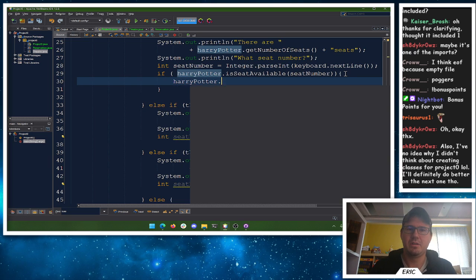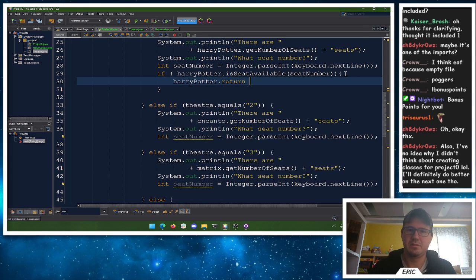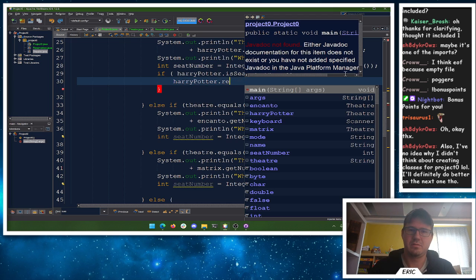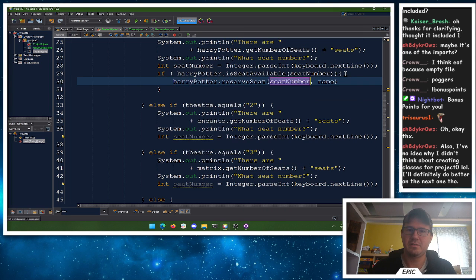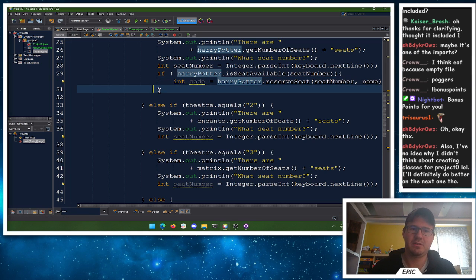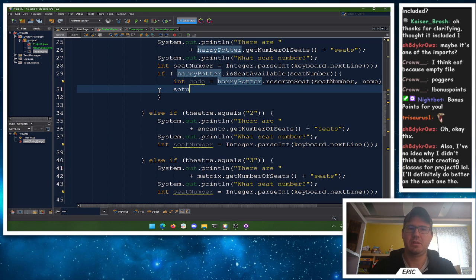Harry Potter, reserve seat, given the seat number and their name, and then we just need to tell them their confirmation code. So int code is that. You can say we reserved your seat. Your seat. Your code is